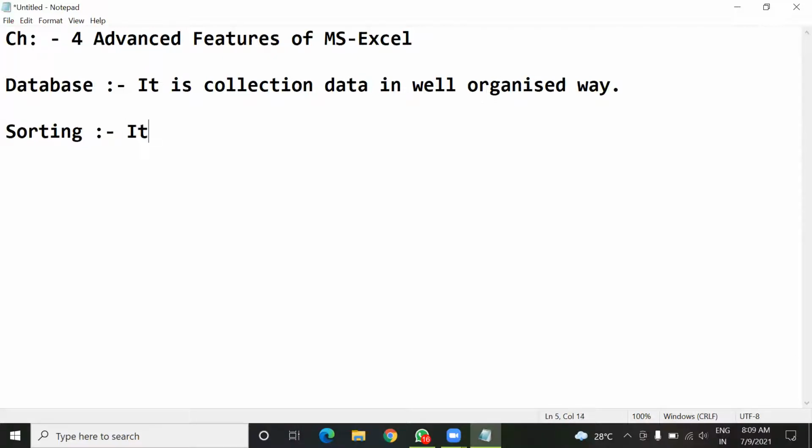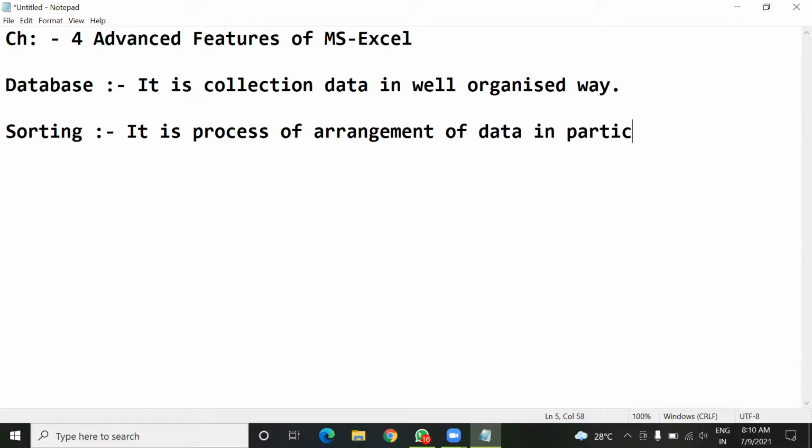It is the process of arrangement of data in a particular order. So sorting is a process in which we arrange data in a particular order.